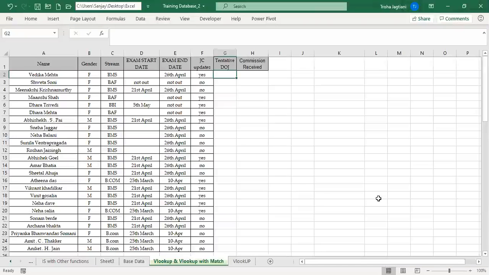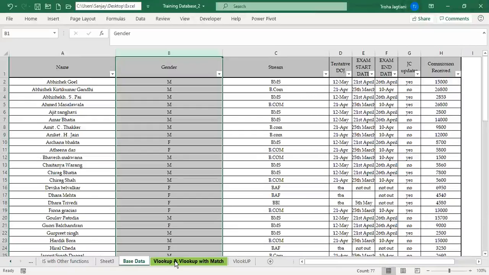So the first thing that we need to do is to identify which of these data will be considered as a lookup value. There are two rules to identify a lookup value. The first rule is that both the database where the missing data is and the database where you want to retrieve data from should have some columns in common. Because it is a VLOOKUP and it is checked vertically, we are going to see the columns.